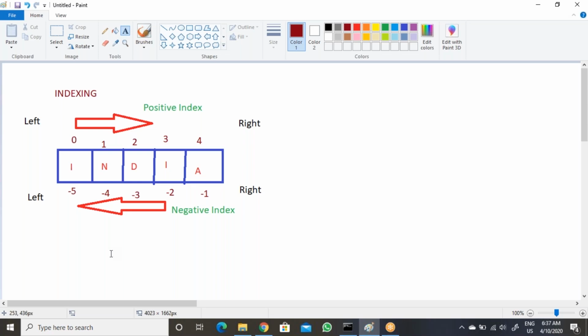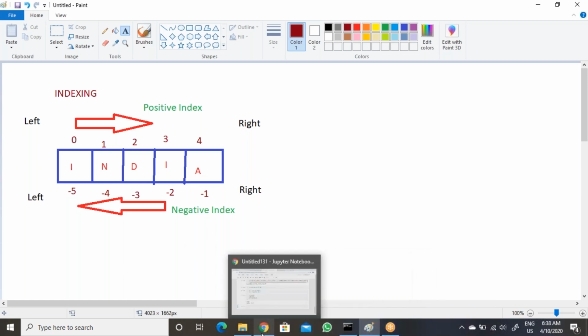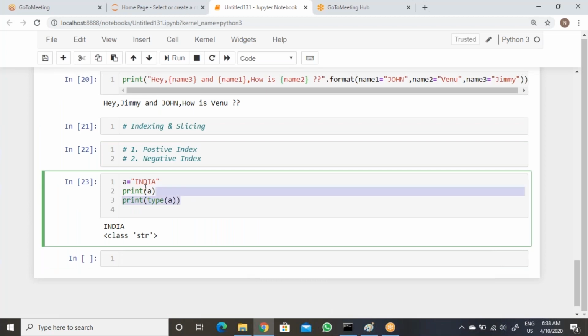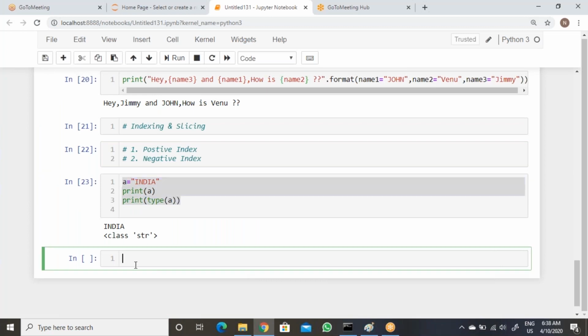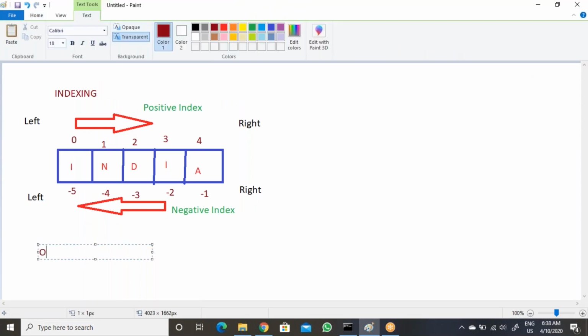So the index number for positive starts at 0, and for negative it starts at -1. For positive index the direction is from left to right, and for negative index it is from right to left. So this is the negative and positive index functionality.